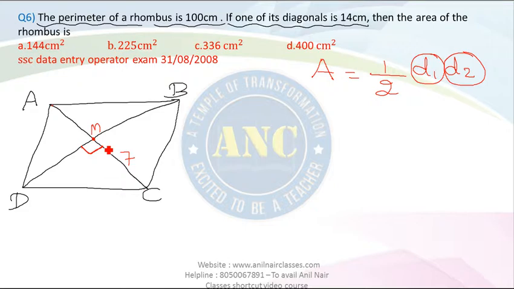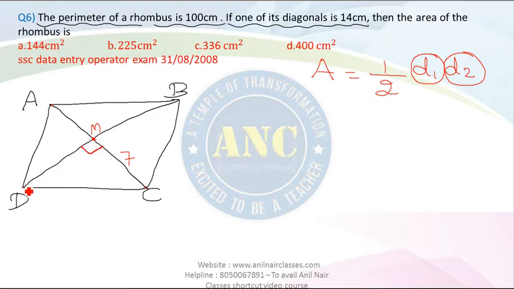Now can I say that MC value is 7? Yes, beautiful. MC value is 7 because AC is totally 14. This MC is half of 14, which is nothing but 7. Now I want to find the value of